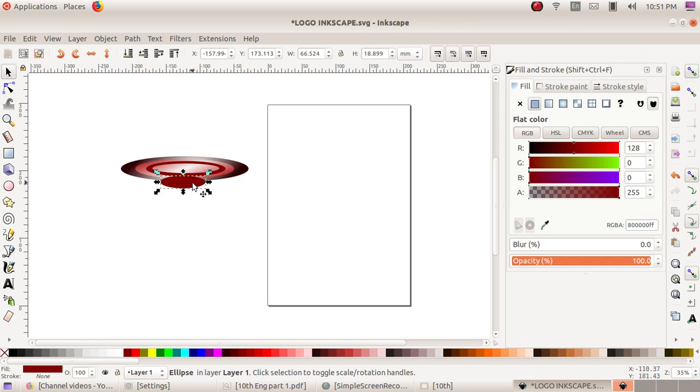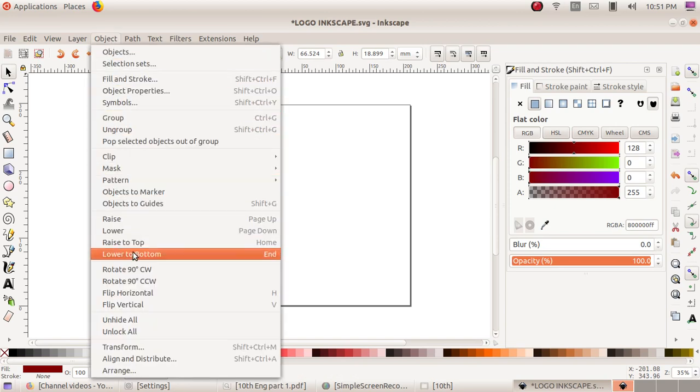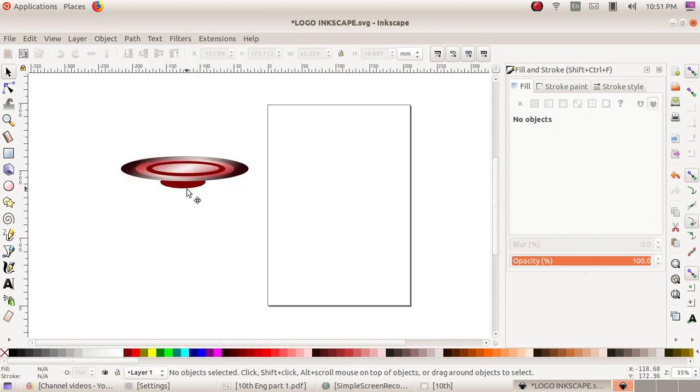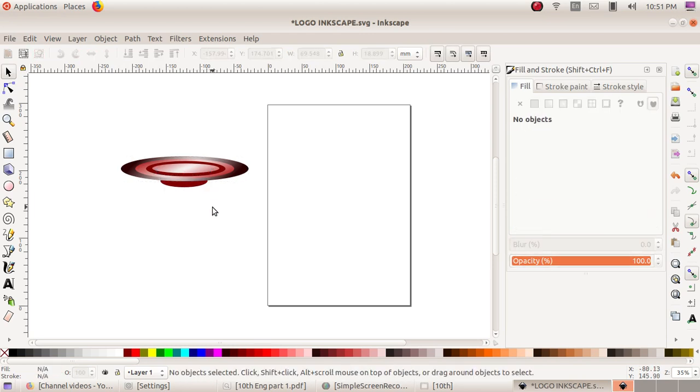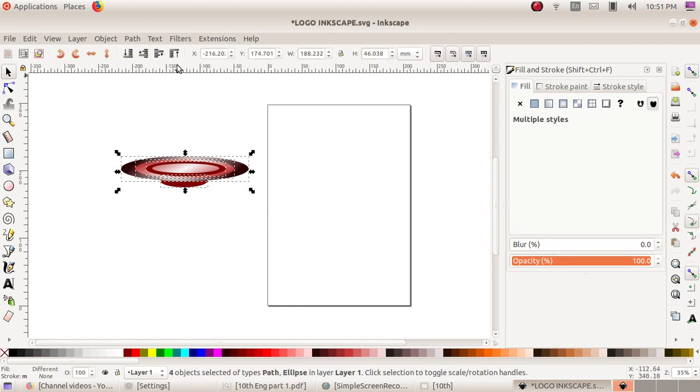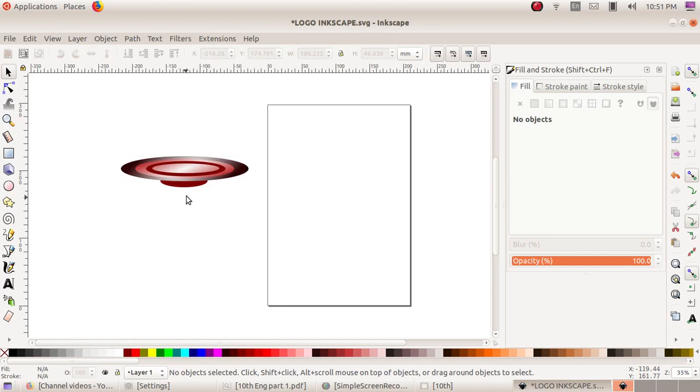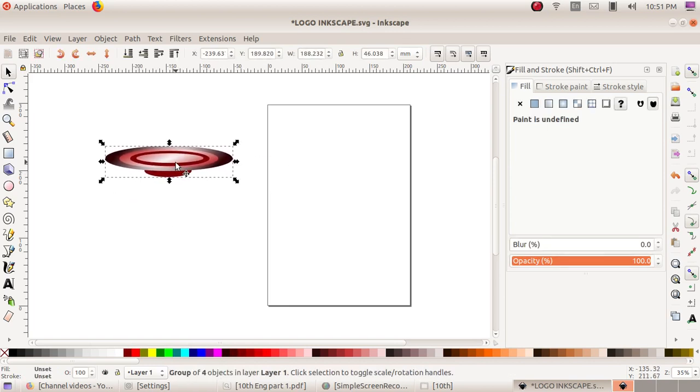Then select that object and go to object, lower to bottom. Right, understand? And group the picture, select the whole object and object, group, right? We drew that saucer, and next is the cup and its handle.